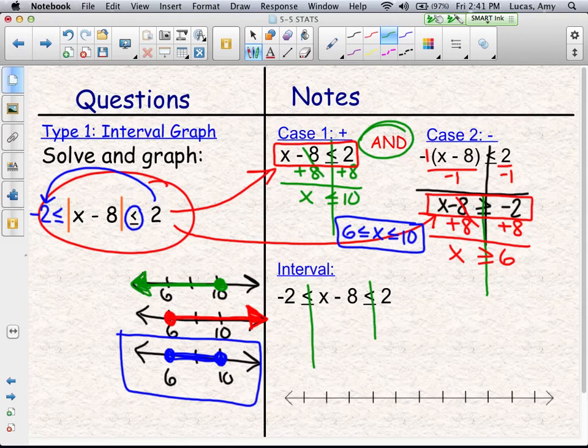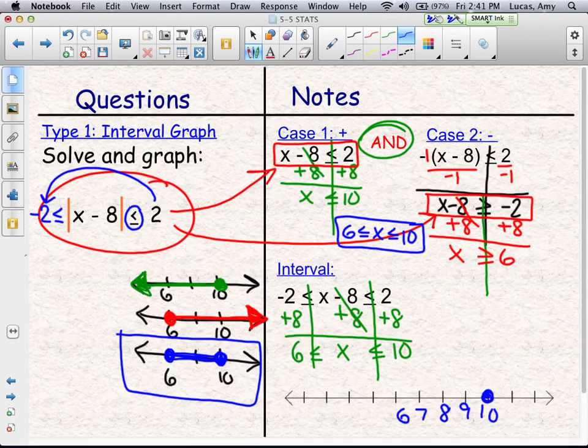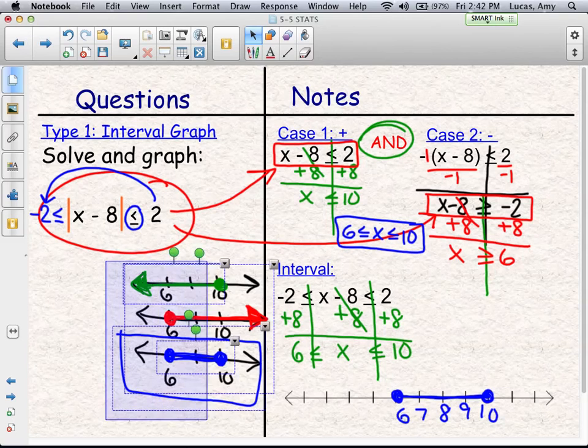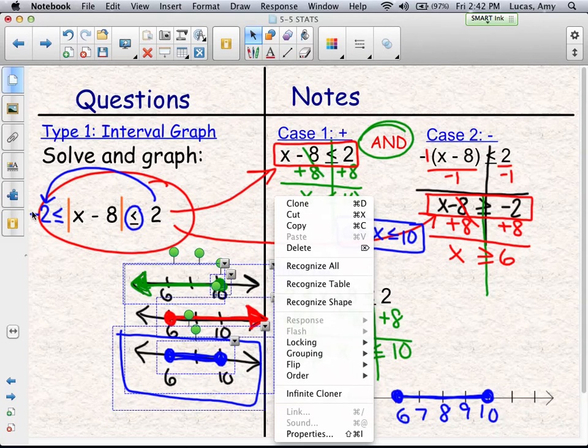So I'm going to show you that if I solve my interval by adding 8 in the middle and the right and the left, you actually get the same answer as you do with case 1, case 2, and it takes a lot less space. So it would be a much quicker process if you write it as an interval and solve it as an interval. It's your choice. It's entirely your choice which way you want to do these problems. So you decide,